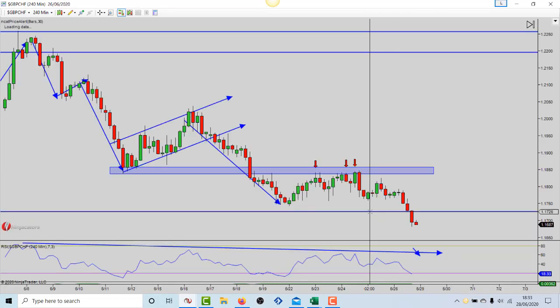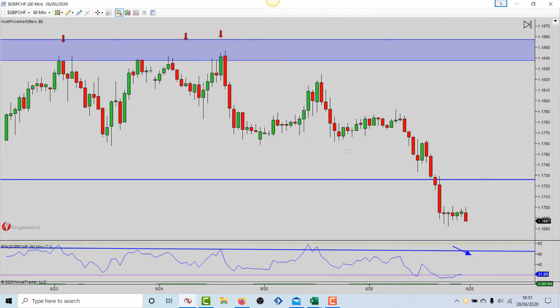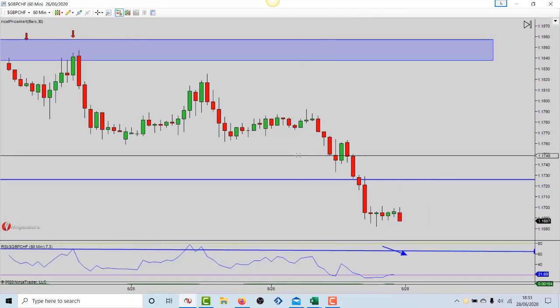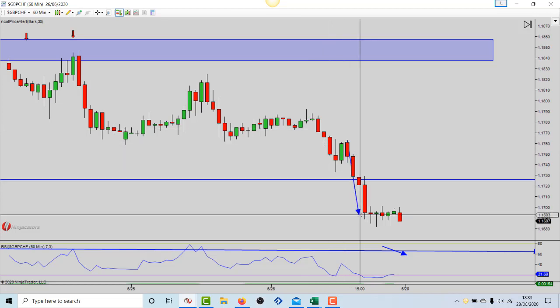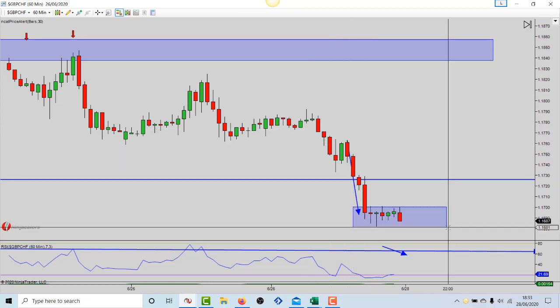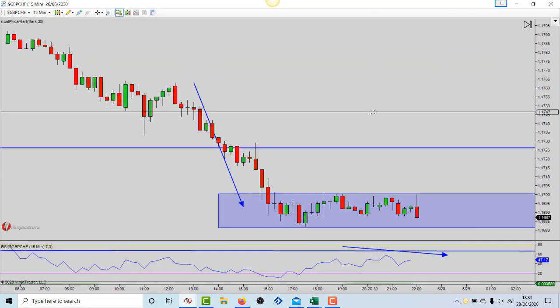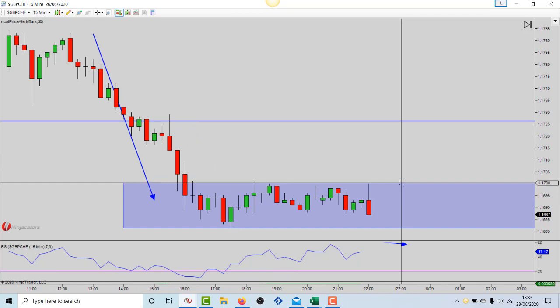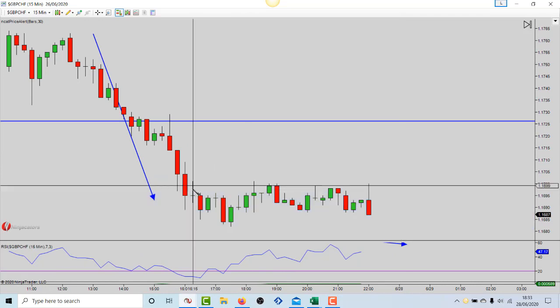Let's continue dropping down the time frames. Let's go to the 60. And I'm absolutely loving this just here. Straight down, sideways movement, guys. Low and tight potential flag. Now it isn't valid just yet. It doesn't quite meet the rules, but